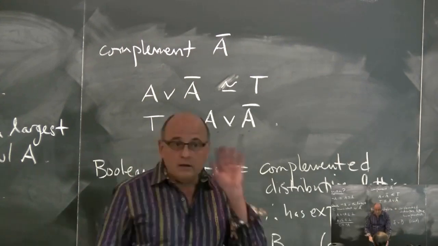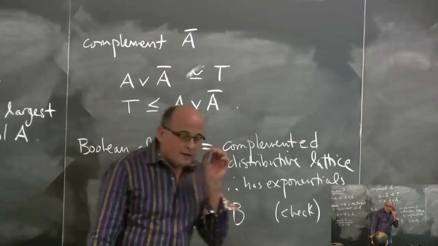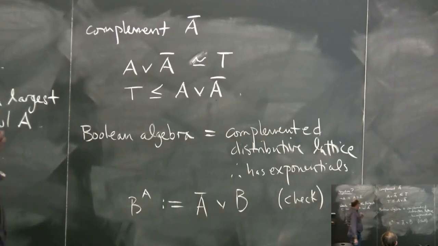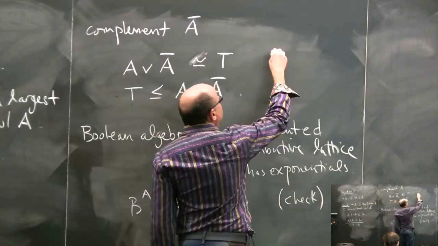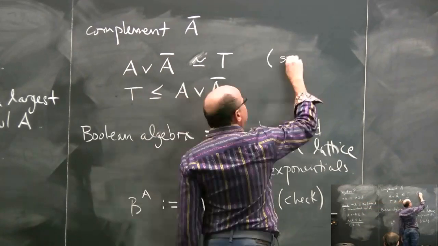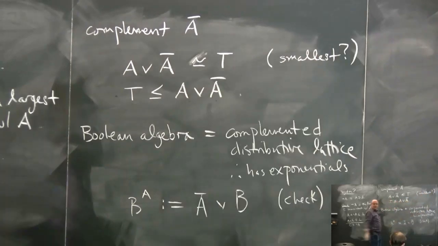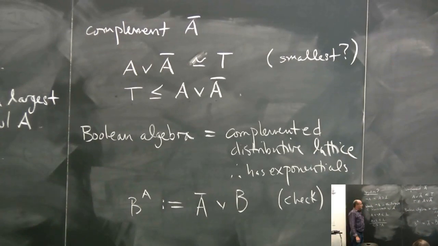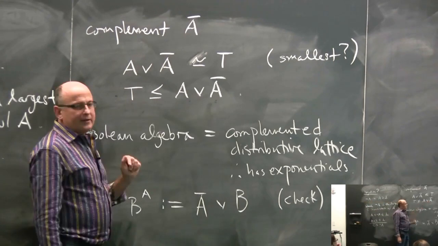You mean to say that the complement was the smallest such thing? Maybe. Dualization. If I dual everything, it should be the smallest thing which fills up the space. So let's check. Needs to be smallest? Probably. I better check that, because you want a universal definition of complement. I don't have a universal definition up here. So it's the smallest thing which fills the space. That is, if anything else fills the space, that thing is smaller than A.